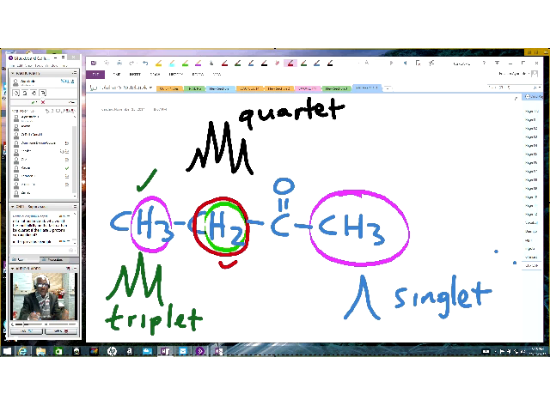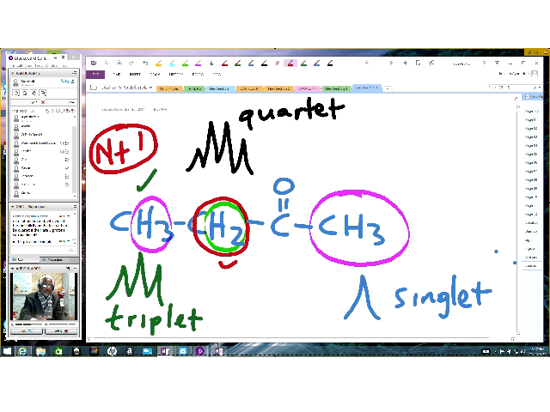Because these 2 hydrogens are seeing 3 hydrogens here, as a result of the n+1 rule the number of peaks will be 4, and that is why this is a quartet. In other words, the quartet simply tells you what is next to it. It isn't telling you what is attached to that carbon. Okay? Similarly, if you look at this here,